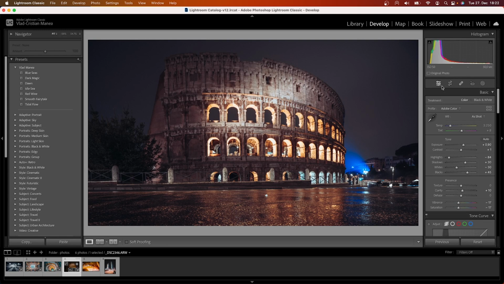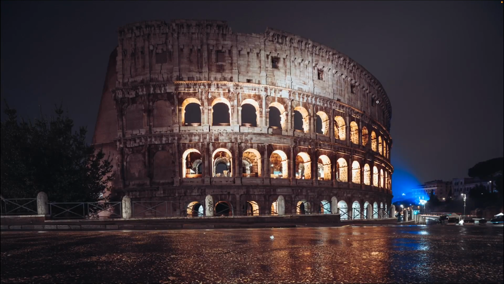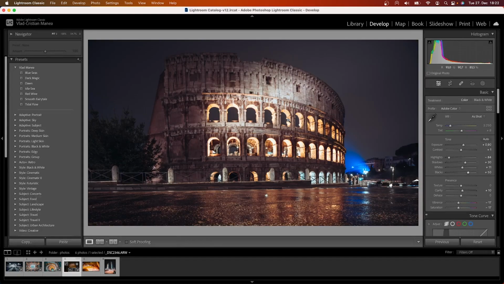Maybe I can use these whites, so I can vamp it up here where the light is coming. I can also boost a bit these blacks. Now you can see it looks completely different from how it originally looked.